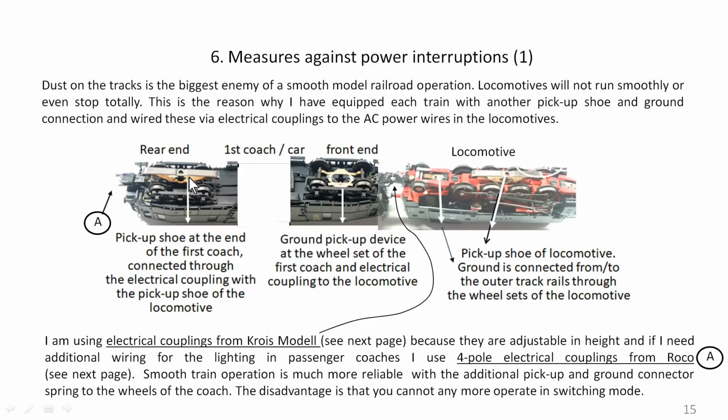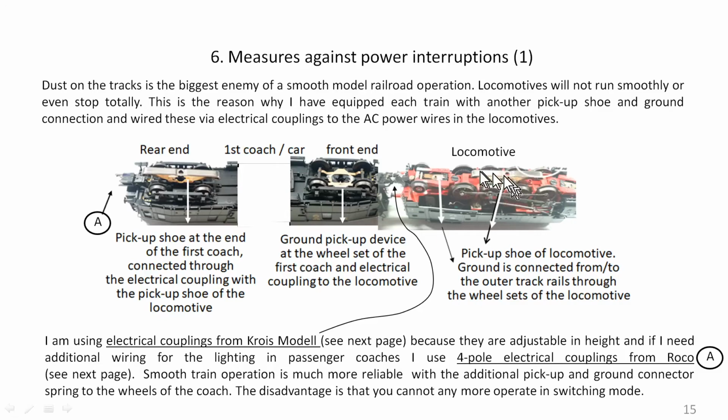So this is another pickup shoe, and this is a ground spring touching both of these axes in this first coach. And of course this one is now electrically connected through this one, whereas this pickup shoe is electrically connected